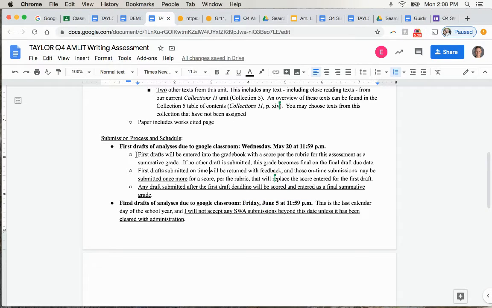One thing I'm doing differently here, though, does have to do with the first drafts. Usually, if you don't submit a first draft, it's not a big deal. There's no adverse grade consequence. You can continue merrily along and keep drafting and then submit whatever you submit on the final deadline. However, here it's actually more important. You're going to really want to get this first draft in by May 20th at 11:59, because on-time submissions